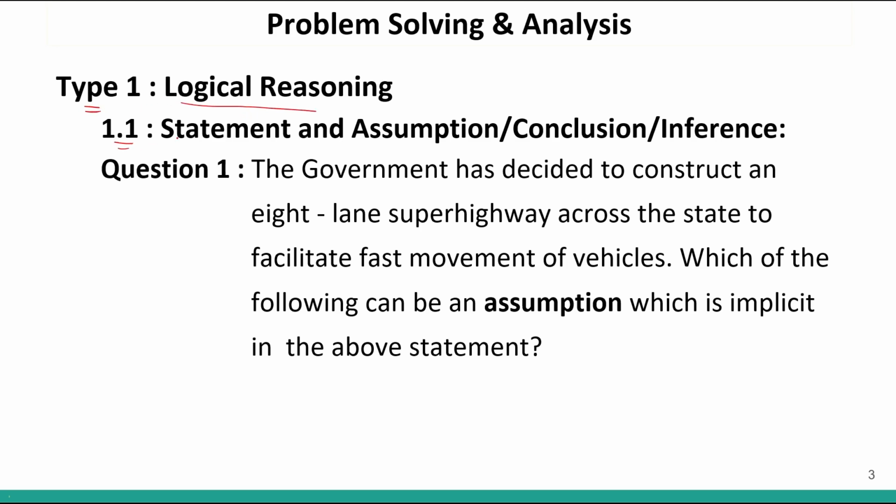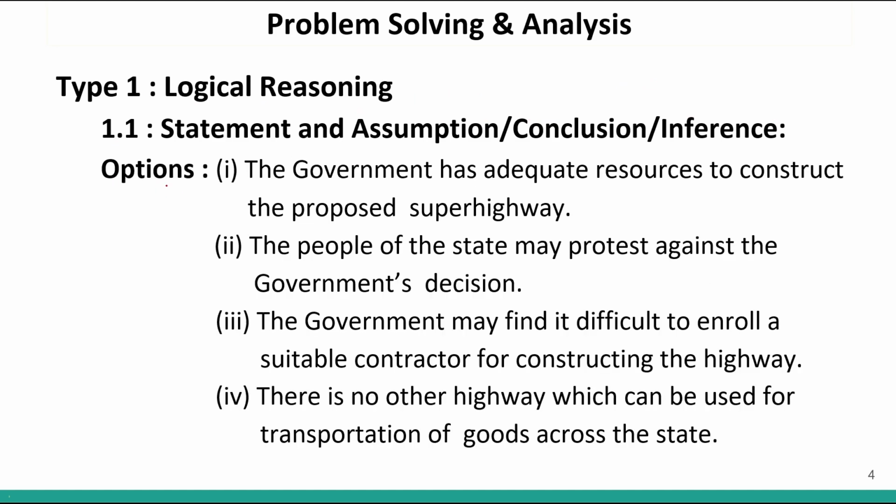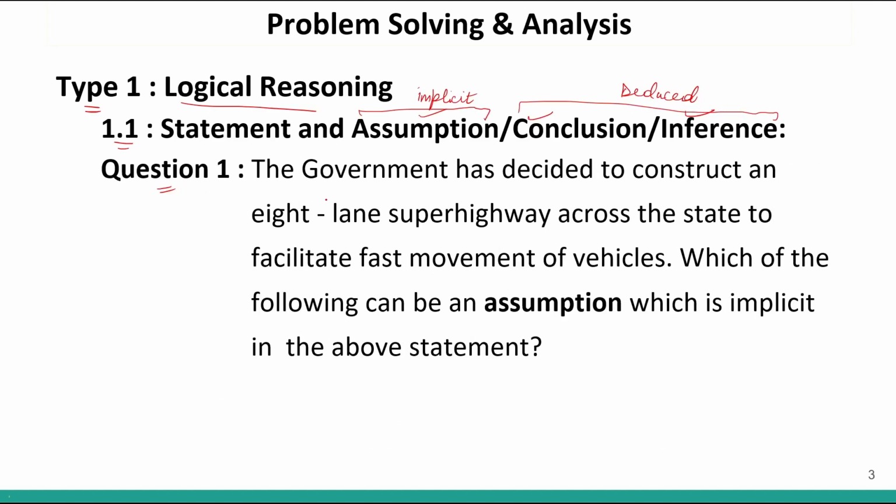The first type is statement and assumption, conclusion and inference. I told you the difference between assumption, conclusion and inference. Conclusion and inference are deduced from the statement. An assumption is implicit. It is already there, kept in mind when we are forming the statement. So in question number 1, we are given certain assumptions and we have to identify which of these are